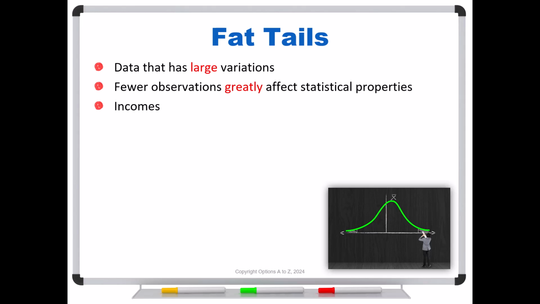So, for instance, incomes would be an example of a type of distribution that has fat tails. You might have for any given, let's say, a certain area or even a certain company, let's say at Microsoft, you might look at the average income and say that it's $200,000, and yet you'll find that very few people actually make that. And what's causing this, you've got a couple of people at the top, such as Bill Gates and others, that are potentially making billions. And that's pulling that distribution up, and it's pulling that average up. So that would be an example of a fat-tailed distribution.